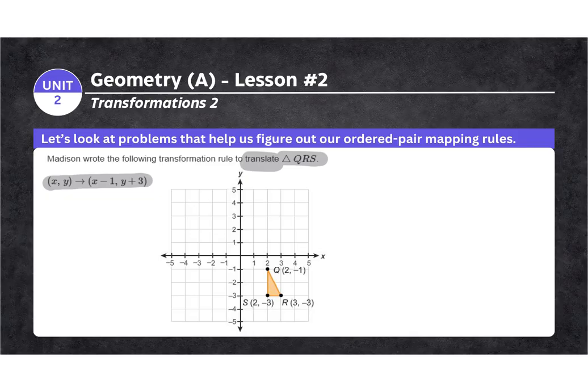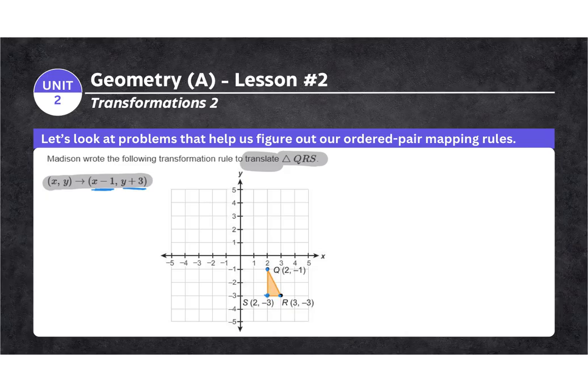Now, I want us to take a look at that rule here. So what it's telling you is for every point that's on your triangle,